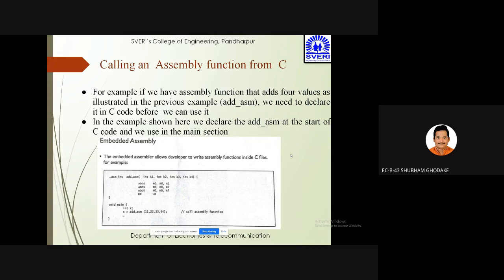So we are writing the assembly function inside the C. Now void main, integer x, where x is equal to add ASM 11, 22, 33, 44, that is calling the assembly function inside the C. So the upper part we are writing inside C, right, and later we call the assembly function from C.